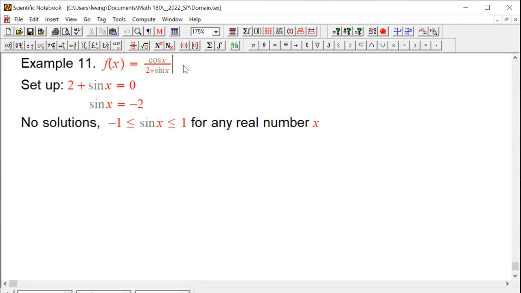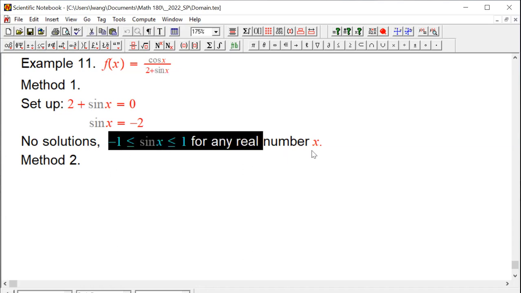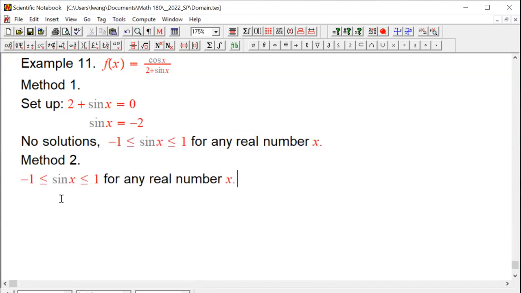This is one of the ways you do it: if you get into that autopilot, say, okay, I'm going to set up denominator cannot be 0, you will find your solution. But I do want to show you another way to do this, which is that you are being aware. You realize that because of this domain and range for sine,